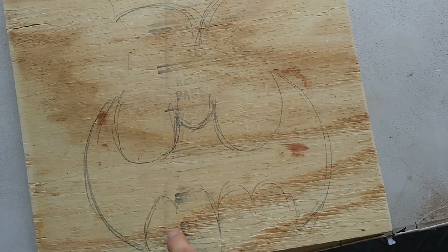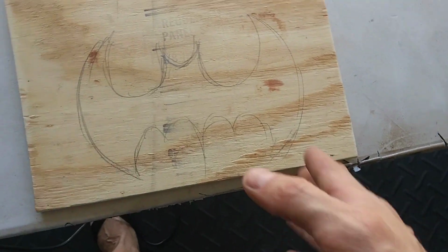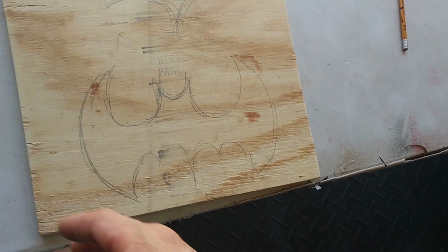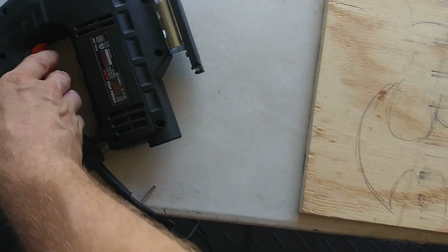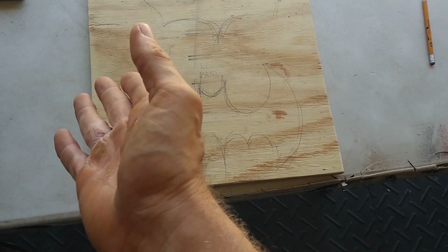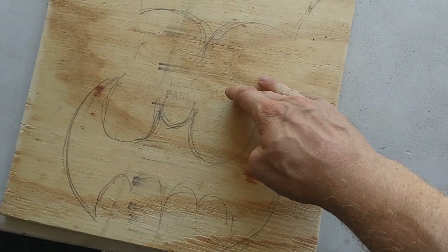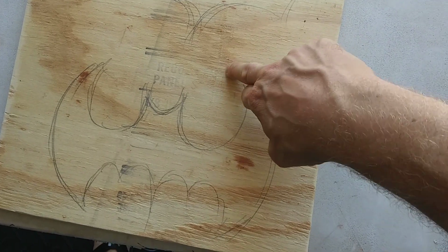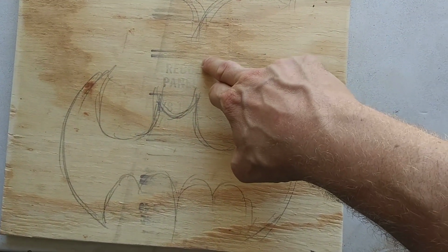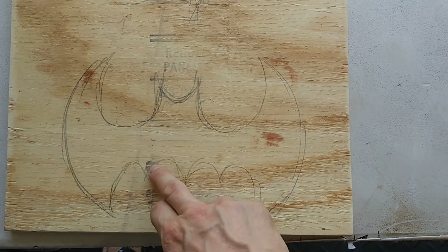You can start off here and then cut in from here and go in, and you figure out where to start. Sometimes you might see me in the beginning of the video go with my jigsaw with my hand, and I'll look at the project and try to figure out. Like this one, I'd probably start going in, boom, cut in right here, go over a little further, then go whoosh, cut in right here, cut in right here, cut in right there, go boom, and then go whoop, whoop,